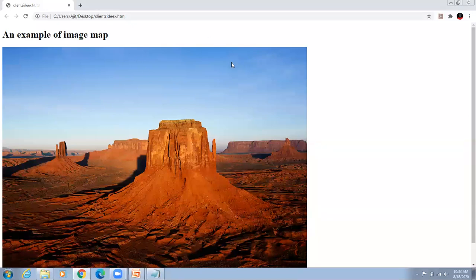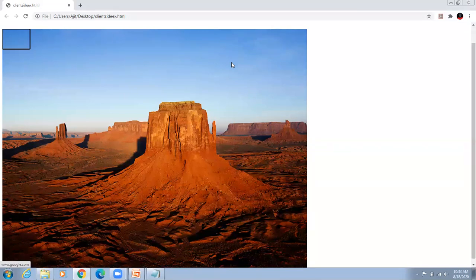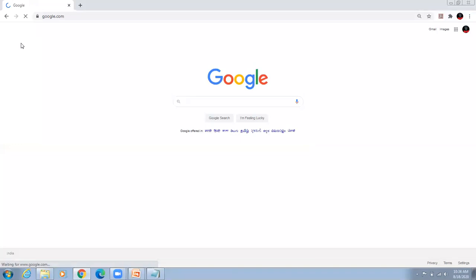When you see the screen on desktop, you will press the tab key from the keyboard. I'm pressing the tab key. Look here, after pressing the tab key, it is showing the shape. It is a rectangle shape. When I click here, what is the reference? I have specified the coordinates for the rectangle. When the coordinates are matched, the hypertext reference given in that area is www.google.com.